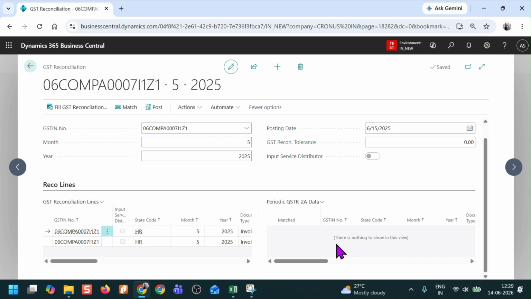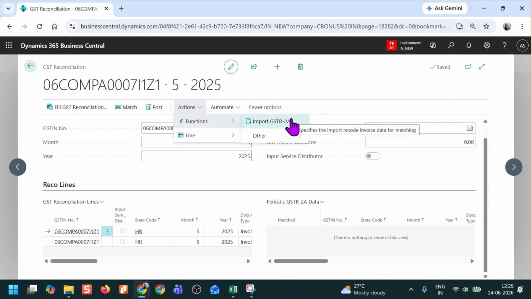So to download the data, you go to the portal, download the data, fill in the Excel template, and go to Action, Function, and Import GST-2A. Once you click it, by default data will show under this tab. But now the limitation I found during my exercise while configuring things is that I tried multiple Excel sheets and multiple formats, but every time I get an error while using